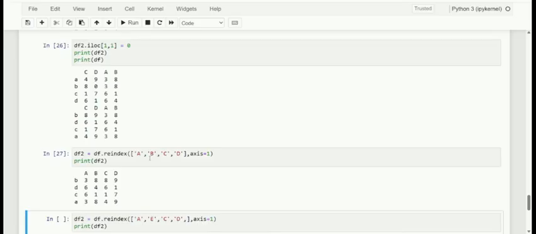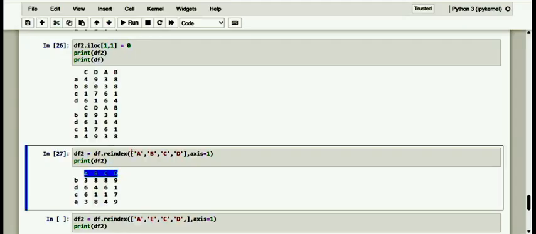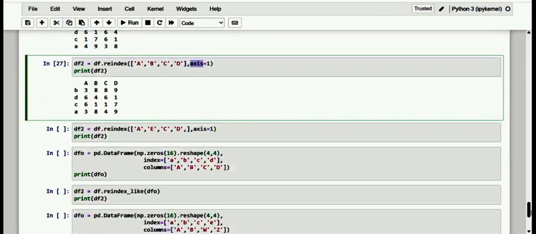Yeah, kindly have a note of it. It is arranged as A, B, C and D. So how we have provided the same thing row wise, here also by using axis equal to 1, we have done it column wise. Okay, now kindly have a note of it, dear friends.